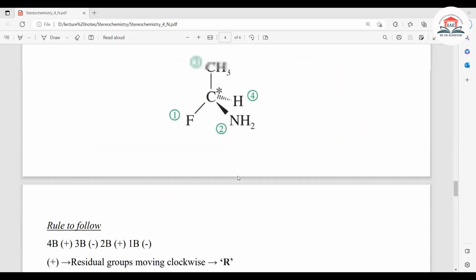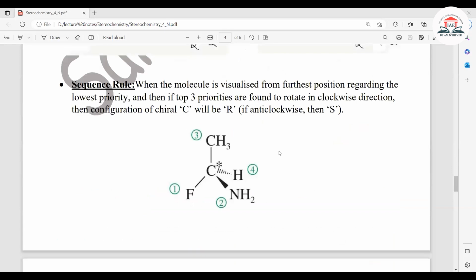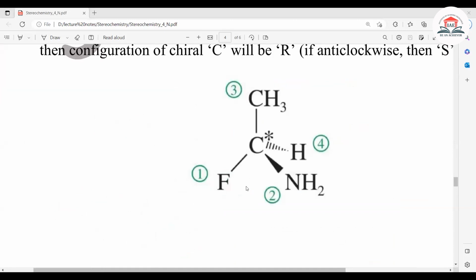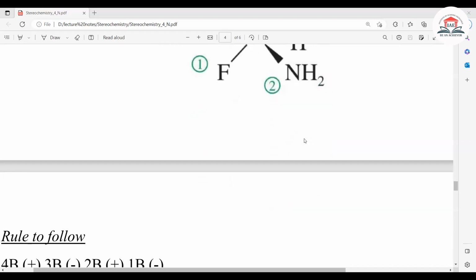আচ্ছা, এবার সিকোয়েন্স। তাহলে সিকোয়েন্স রুলে কি বলছে, ফার্স্টে তোমাকে প্রায়োরিটি অ্যাসাইন করতে হবে। তাহলে এখানে দেখ কার্বন, ফ্লুরিন, নাইট্রোজেন, হাইড্রোজেন, তাহলে অবভিয়াসলি কার অ্যাটমিক নাম্বার বেশি, ফ্লুরিনের, তাহলে এ পেয়ে গেল ফার্স্ট প্রায়োরিটি। তারপরে নাইট্রোজেন অ্যাটমিক নাম্বার 7, so it will get second priority. Then carbon, third priority, and finally fourth priority will go to hydrogen. Okay, এভাবে আমরা সিকোয়েন্সটা দেখে নিচ্ছি।